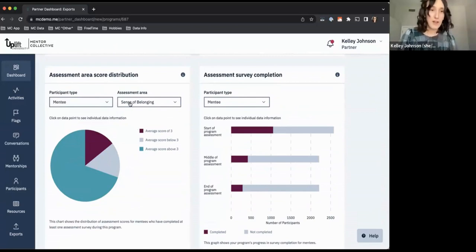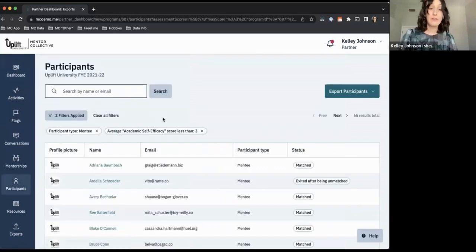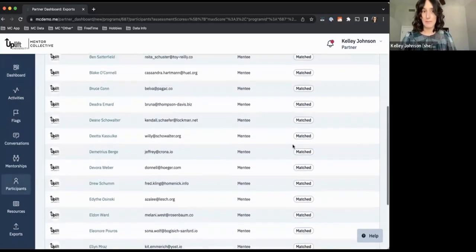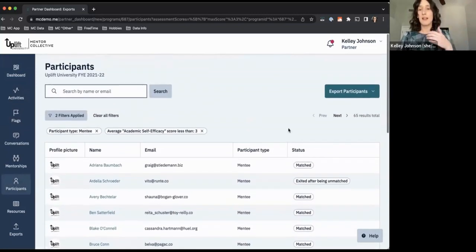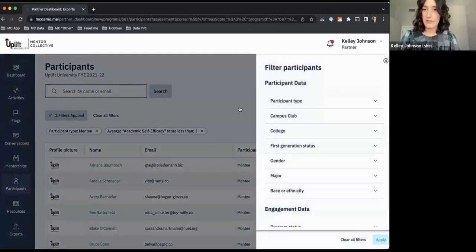So for example, Annemieke, you said you wanted to look into academic self-efficacy for students who might perhaps be letting us know that they need a little bit of extra support. So we'll look at these students here who have let us know that they have an average academic self-efficacy score of below 3. If you click into that slice right there, you now have this list of exactly who those students are. But to your point, Annemieke, you had said that in this scenario, you are specifically responsible for students who are in one specific college. I think you mentioned the College of Technology.